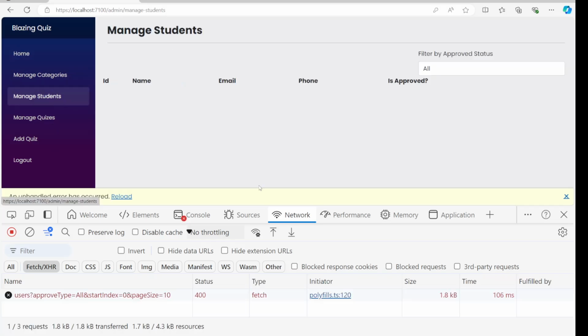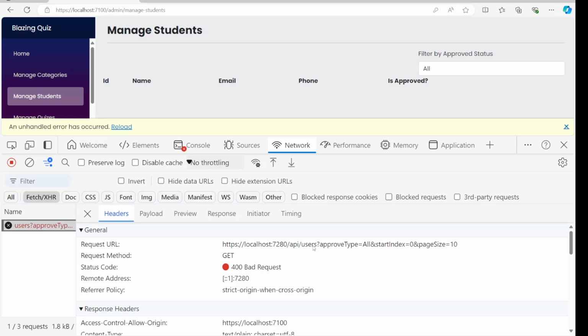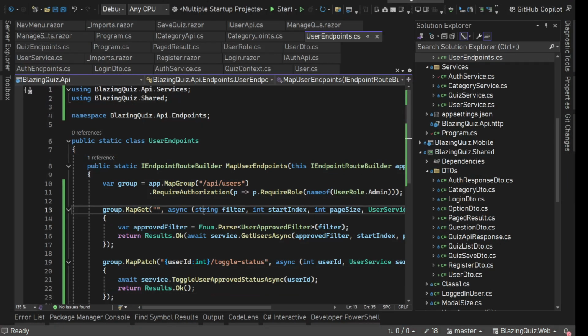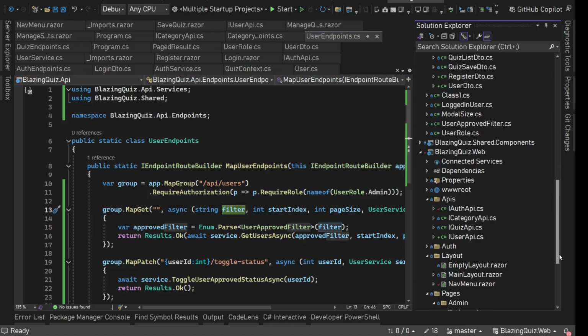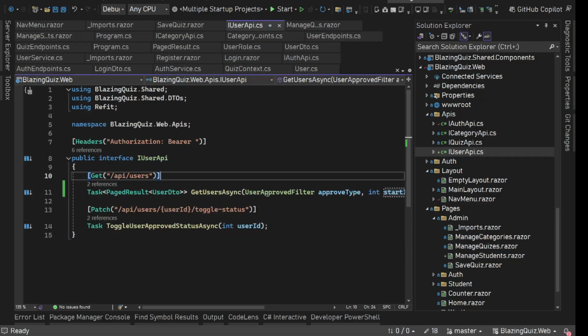Manage students, and we still have the same problem. Now what is the problem? Approve type, bad request, approve type still, and we changed it from here to string filter, but we didn't change it